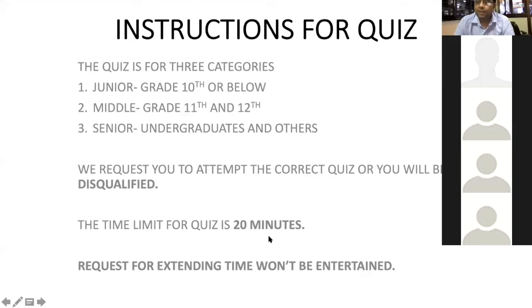The time limit is 20 minutes. Please make sure that you are working on the best internet speed and don't take more than 18 minutes, because we are giving you extra time already. The Kahoot was a much faster way of doing it, but we are giving you 20 minutes. Don't ask for extra time. It will not be fair for every other participant.